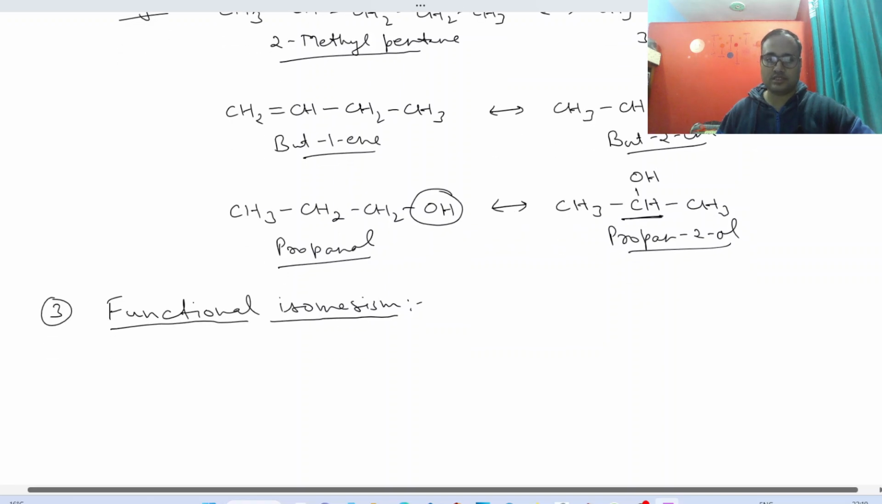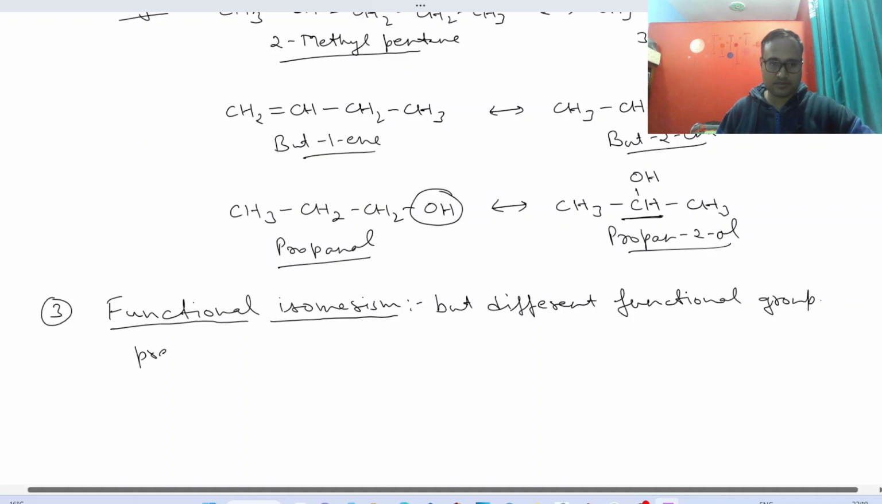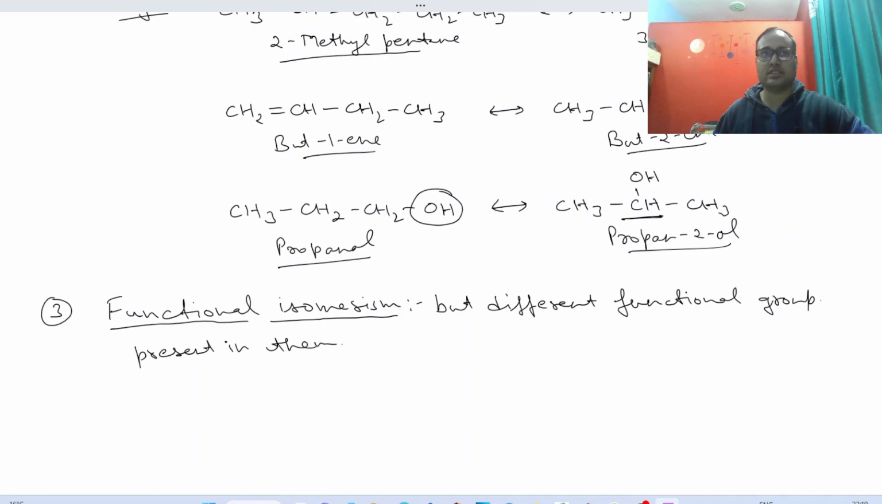In this functional isomerism, compounds again have the same molecular formula but different functional groups present in them. As the organic compounds are determined by the type of functional group present on them, if the functional group of any molecule changes, then the whole of the properties of that compound changes. So let me explain this functional isomerism with an example, that is